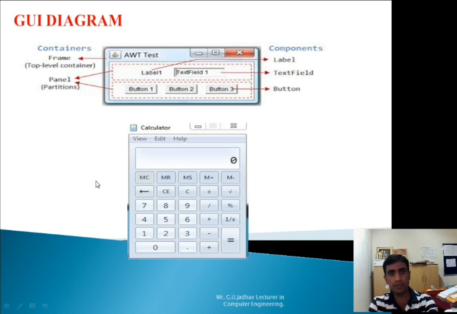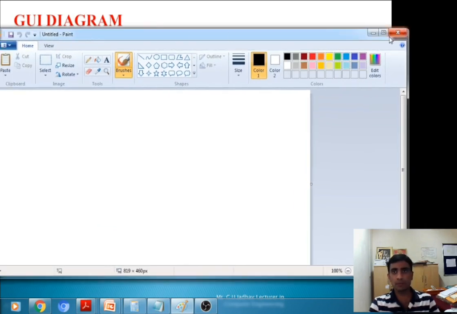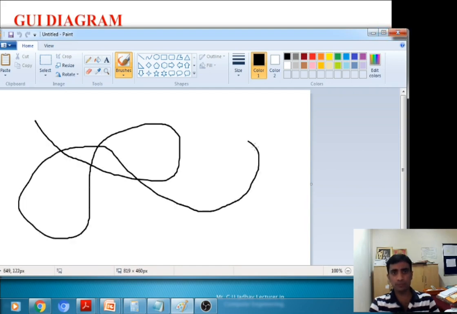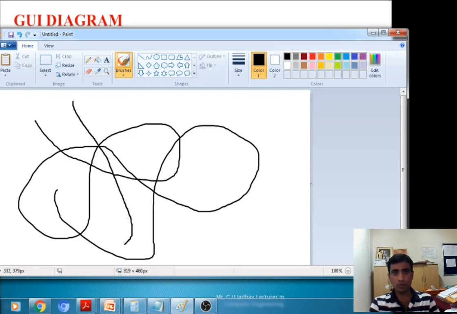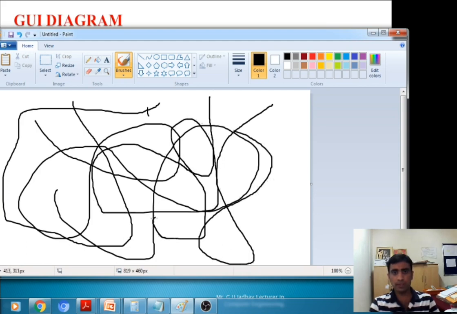Here is a Paint application, the Windows Paint application, right? Now in this case you can observe again a title bar, again minimize, maximize, close buttons. Now you can observe here, this is a canvas. This white rectangular box is a canvas. This canvas does not contain a menu bar, title bar and so on. So you can draw on the canvas. You can accept input from the user. So I am drawing here. You can draw any kind of figure here. This is called a canvas.